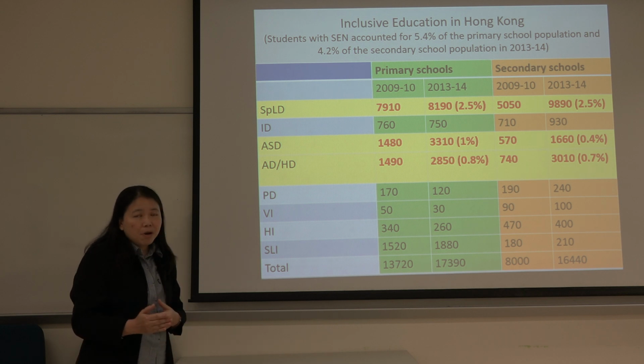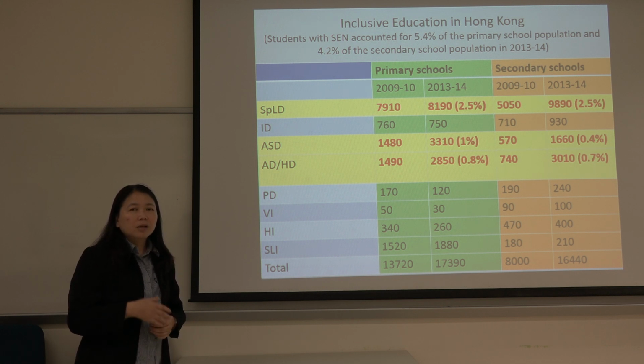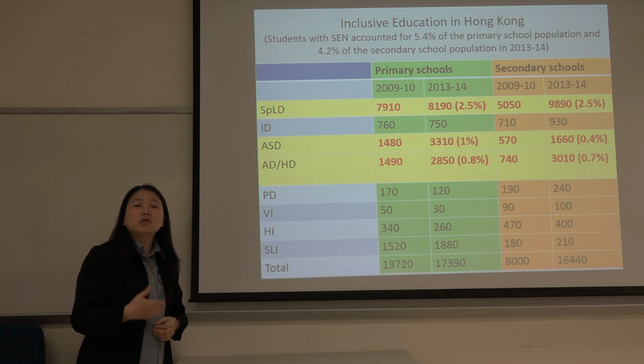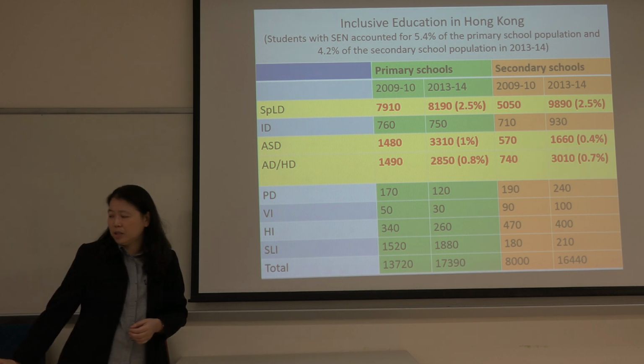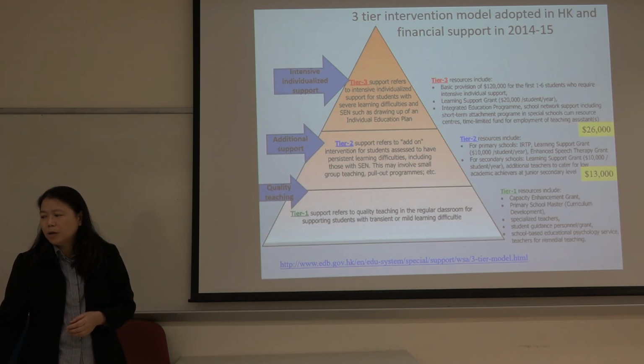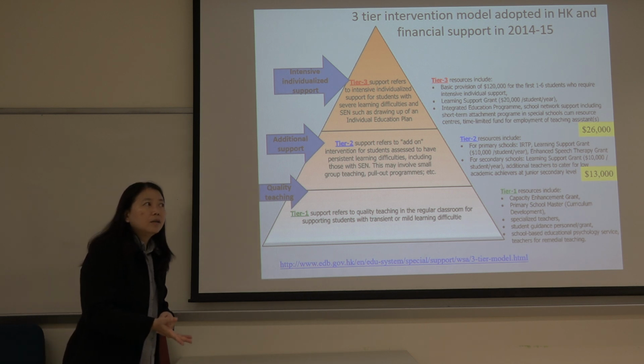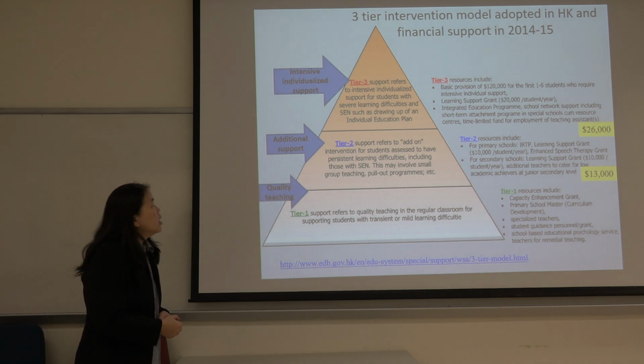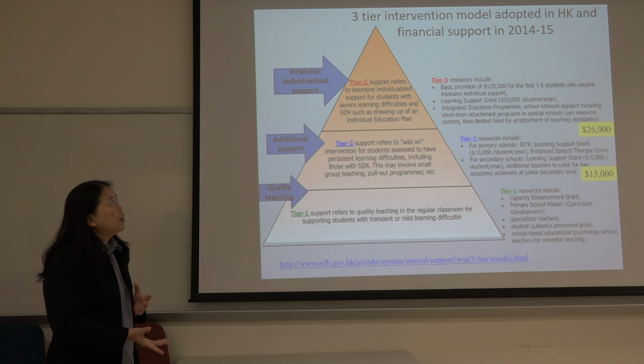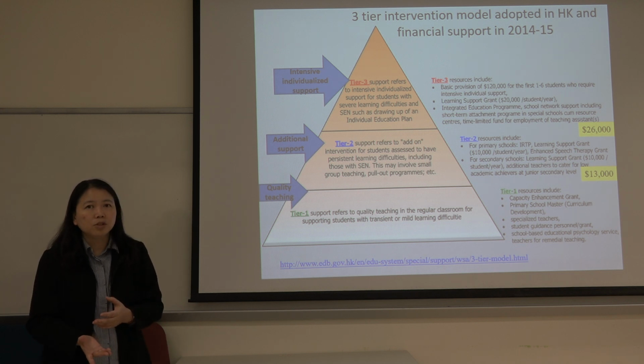And this trend is expected to continue, meaning in mainstream schools, especially in secondary schools, teachers are facing more and more students with ASD and ADHD. So that needs to be spelled out as well. After knowing about the whole school approach, students will want to know about the three-tier intervention model, which originated from